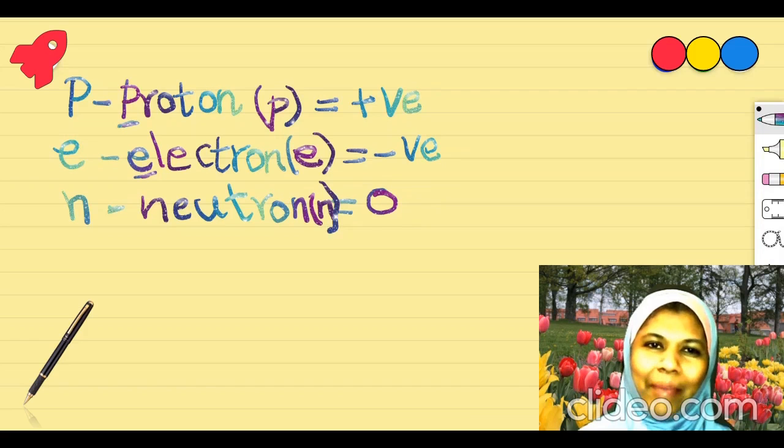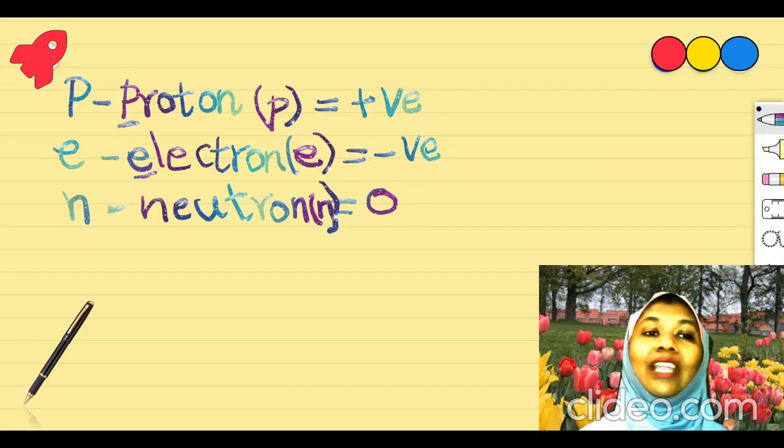So see that pen, P-E-N. So whenever you take pen, please think the three words. P for proton, E for electron, N for neutron. Okay? Now you are going to take the pen and you are going to